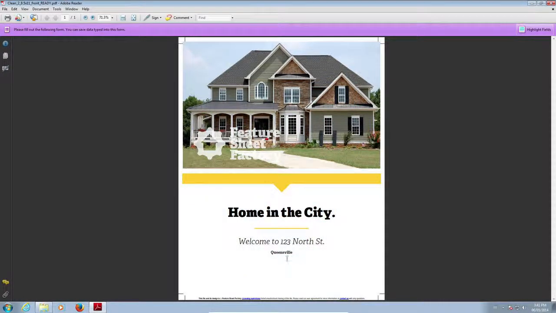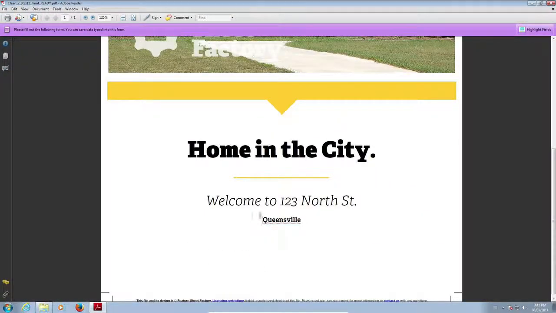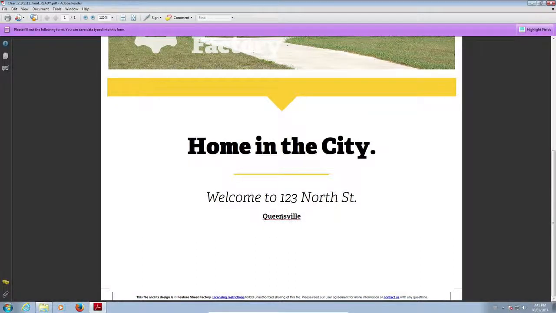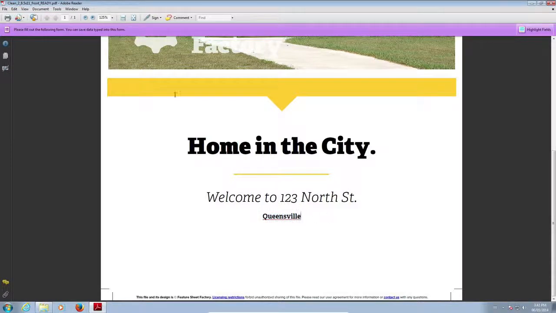When I click off of Queensville, you'll notice that there's a squiggly line underneath Queensville. This lets you know that you have a potential spelling mistake. If you right click on that, it'll give you different options for spelling depending on what the word is, and if you click any of these, it'll switch it for you. Obviously we don't want queasiness to be the town, so I'm gonna go edit and undo, and we're gonna zoom back out,